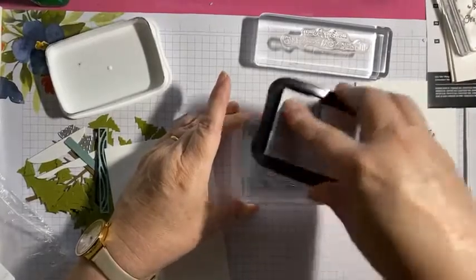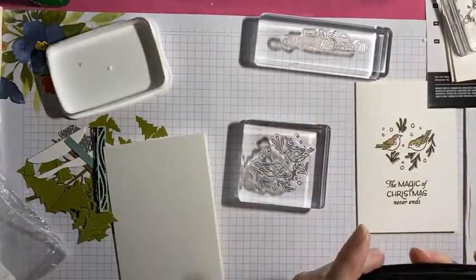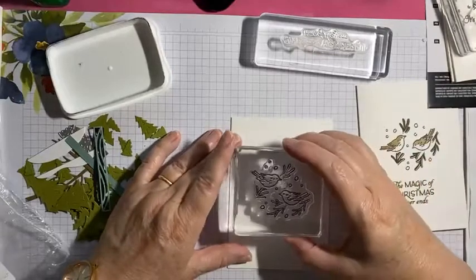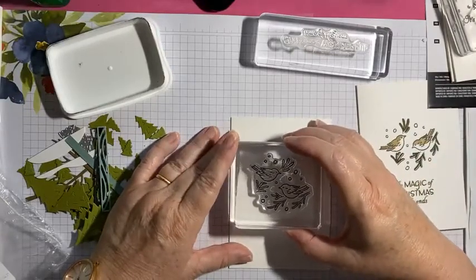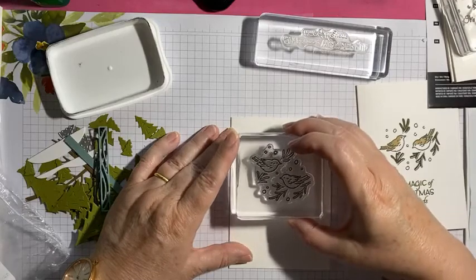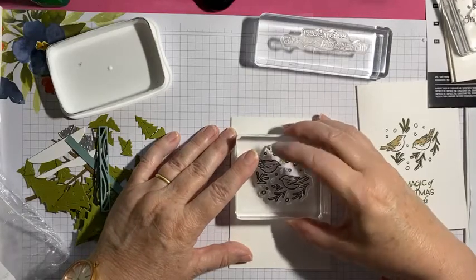So you want to make sure that it's got ink all over, and being photopolymer, you can see. And then we're just going to simply stamp the image. I want it in the middle. This is where I should be standing up. Now, do I want the birds that way or that way? I think I'm just going to keep them kind of level. It might turn out that it's not quite the way it is, but...